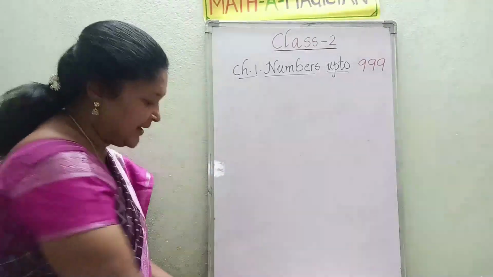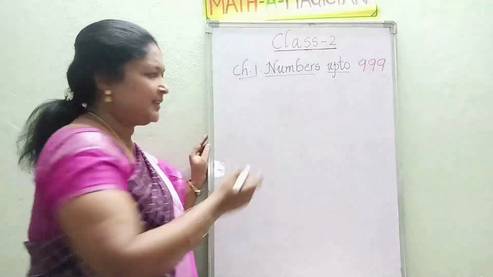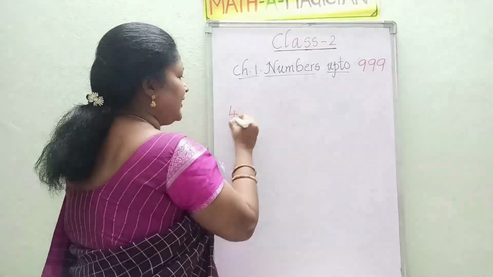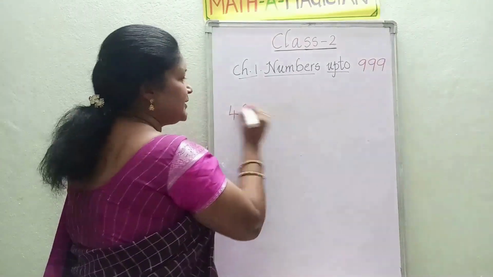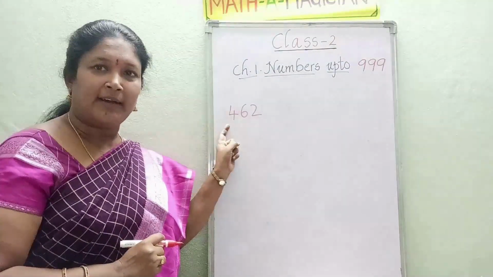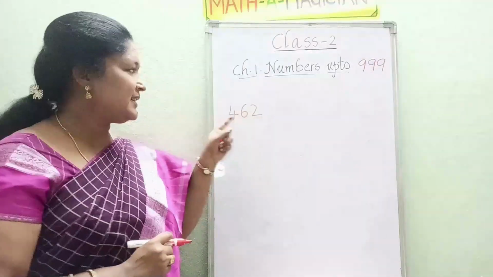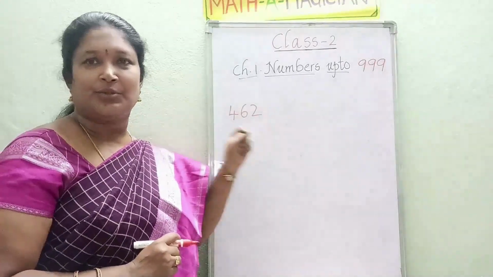So first, one number I want to give. Any one number, children. 400. What is this number? Once read out. 462. Already you learned this number in first class. 462. So how to